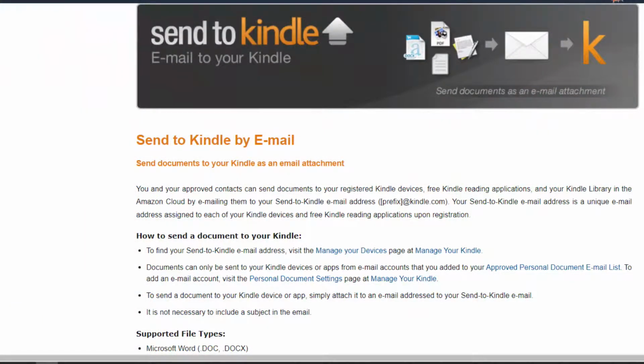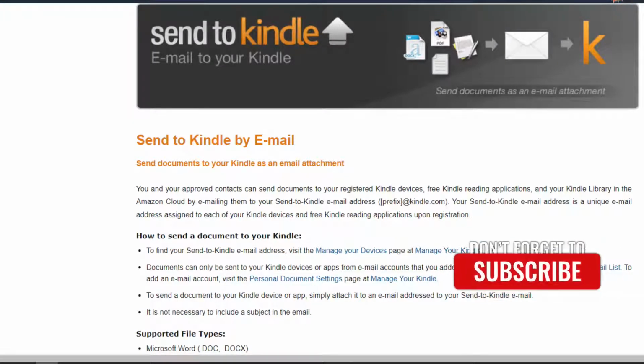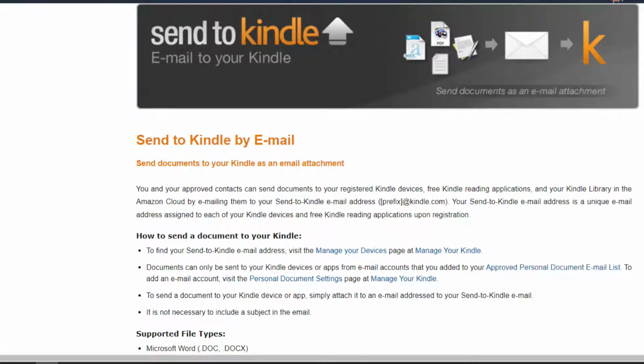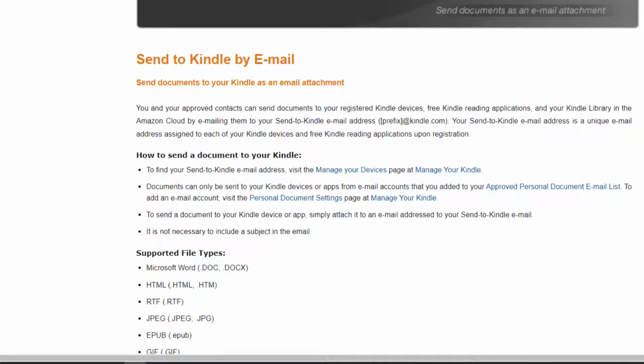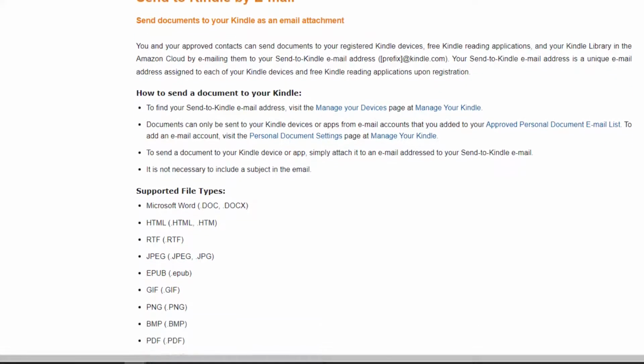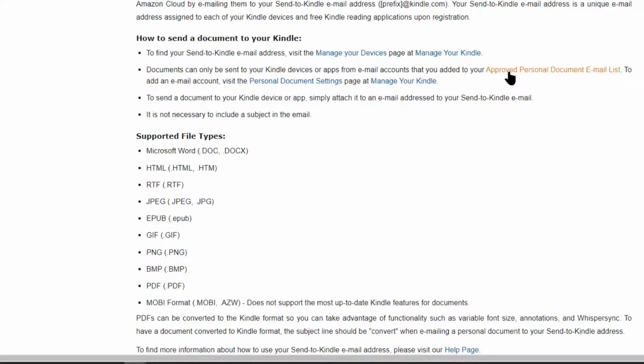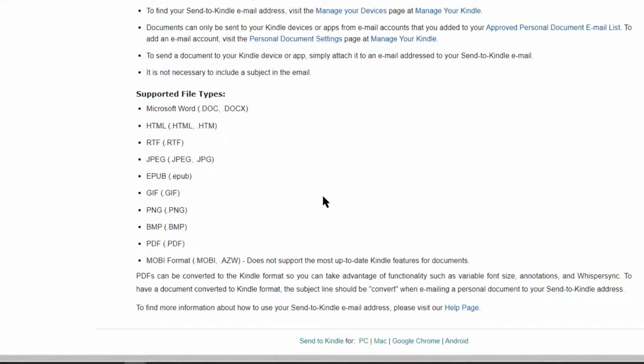All right, so sending content by email. Literally what happens is your Kindle device actually has a unique email address that you can make use of. Again, all these links are in the description, but just to give you a quick overview, you can literally just attach a document, attach a file to an email, and email it to your Kindle device. And the types of things that you can send, now